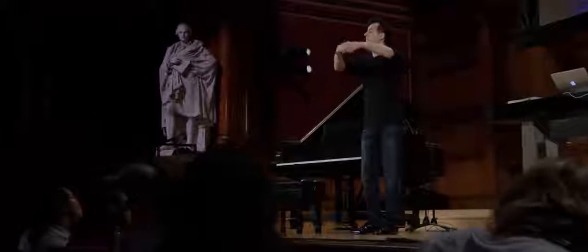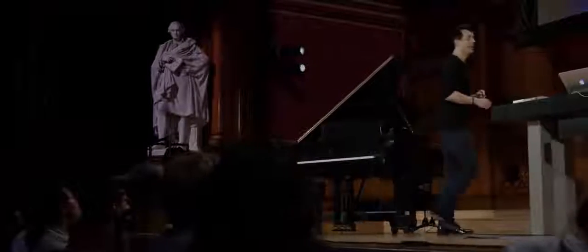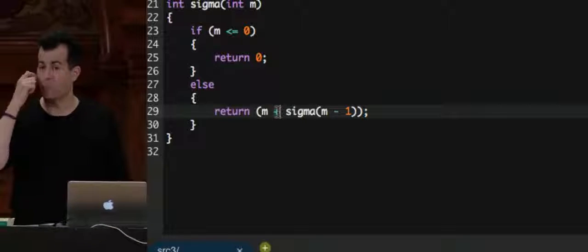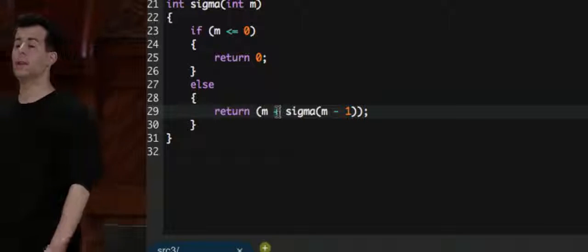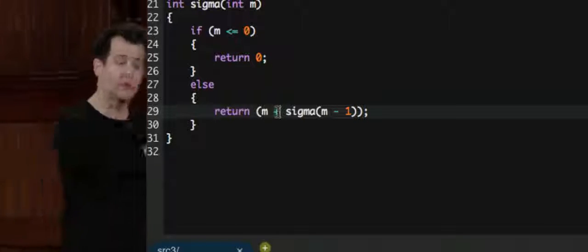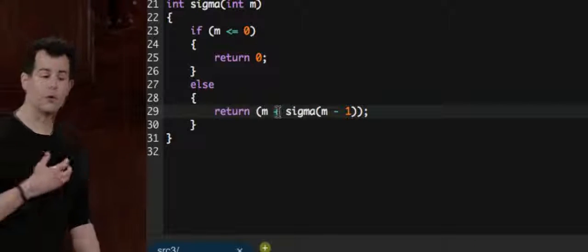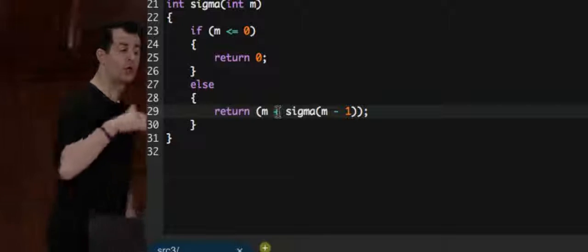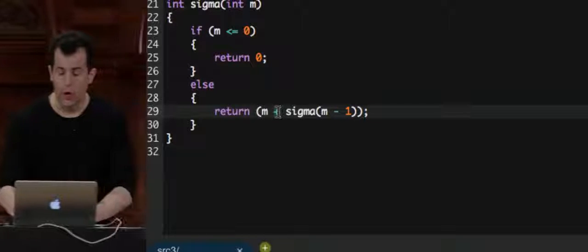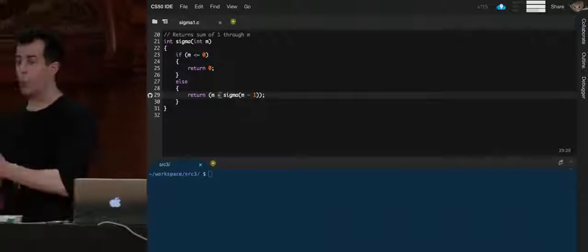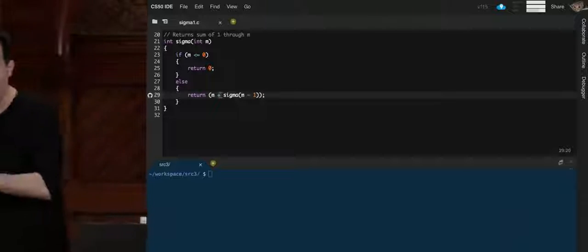But if you mentally buffer, so to speak, much like a video in your browser, all of those numbers that you're being handed back one at a time, which are technically being added together for you by your program with the plus operator, the last number you're going to be handed back is 0. And at that point, all of the plus signs can kick in and give you back whatever number you're actually looking for. So recursion is the act of a function calling itself, which is very, very, very bad